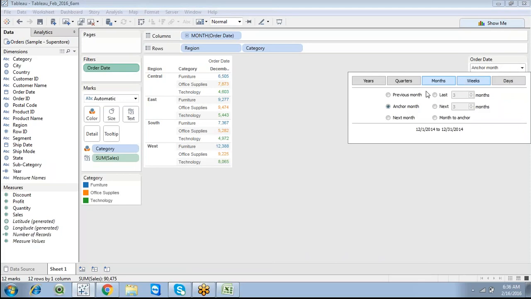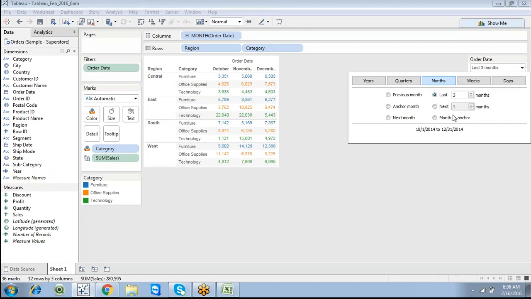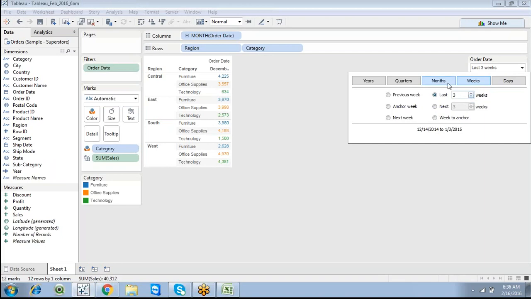So it takes the anchor month, or I want to go with the last or previous month, November, or I want to showcase the last 3 months. Now it straight away displays the last 3 months' sales. So it is flexible, where you can go for a relative date filter. Click on week level data, or you can go with the last 3 weeks of data. So in December, I can calculate the last 3 weeks, or you can go for the next 3 weeks of data, current week to next week. So if you have any data, it takes the next week of data. That is what you have, an anchor week, and you can go with the anchor relative to date.